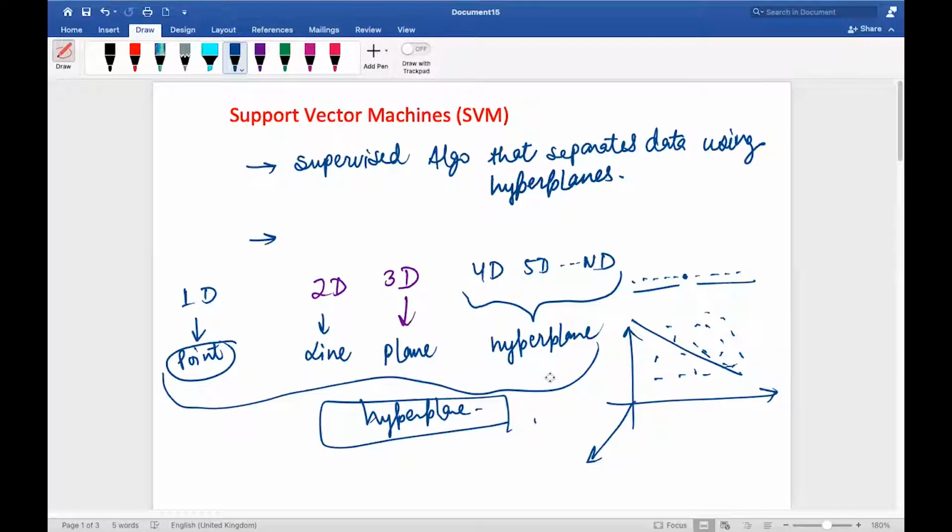Now you understood how the data is separated, I mean, what a hyperplane is. Till now we have only understood that. But we haven't defined what a support vector machine is and what support vectors are in that. Why is it called like that? It has nothing to do with hyperplane; obviously, hyperplane is not in the name. So what does it mean?